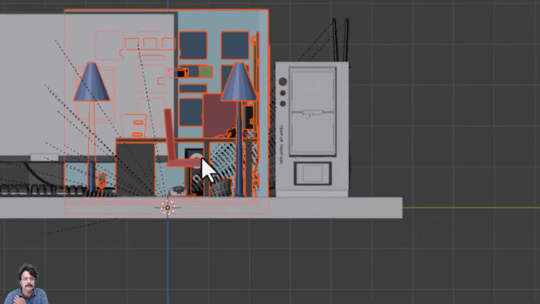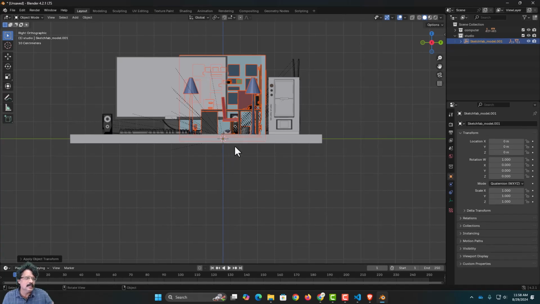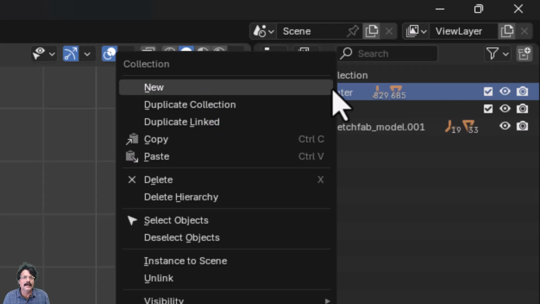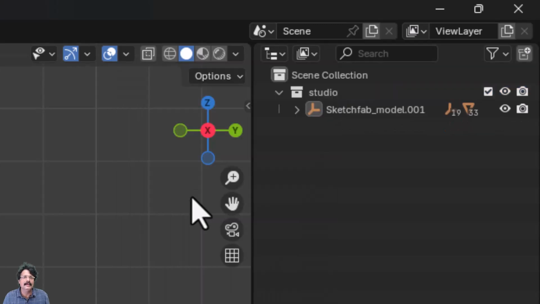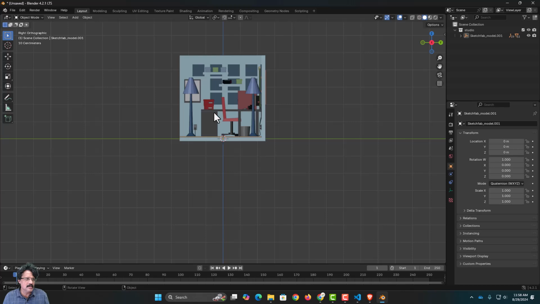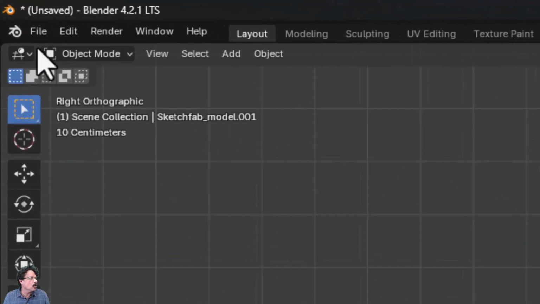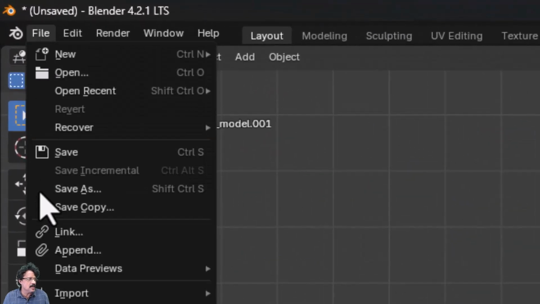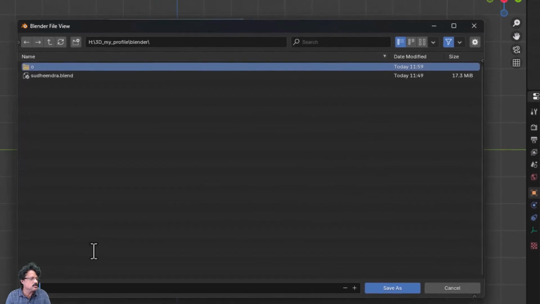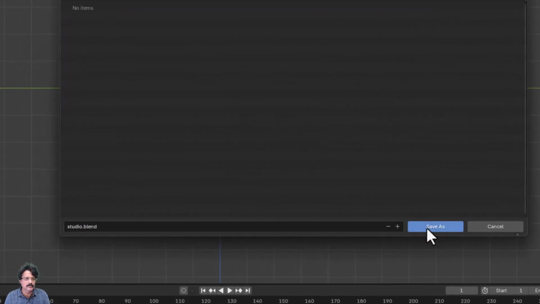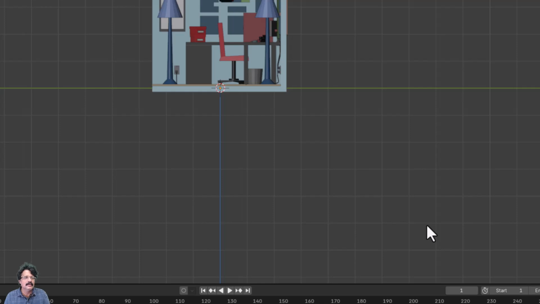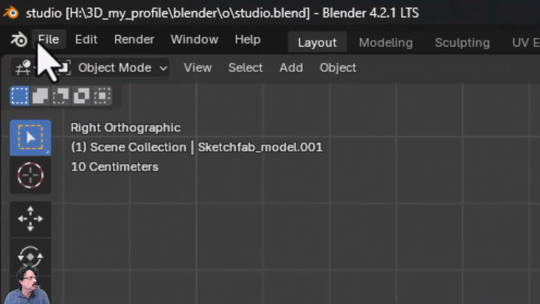If you don't apply the transform, you won't get this resized image. Then you have to go to computer and delete this entire thing. Okay, and again in this case I am going to go to file and save this. I will save this as studio, and after this the next thing is, here I am going to come to file,